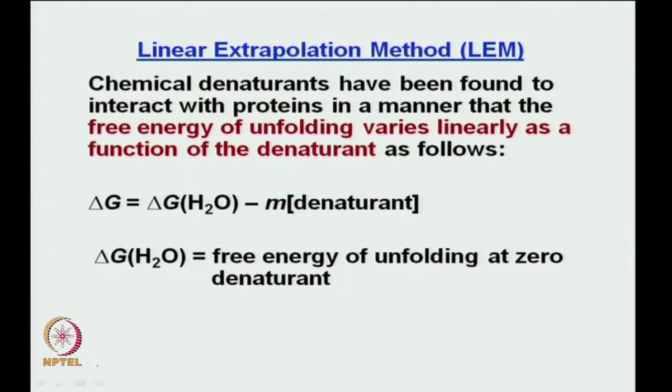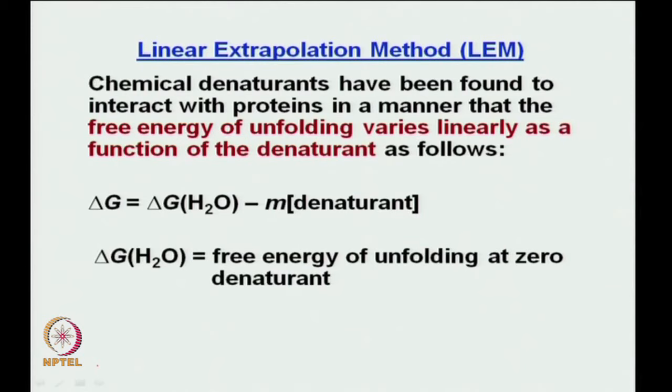So, as I said, the delta G H2O is the free energy of unfolding at 0 denaturant. But do you think it is easy to get under normal conditions? What do you think? Would it be hard to get? First of all, it would be based on what? See, when you are saying this free energy of unfolding at 0 denaturant, here